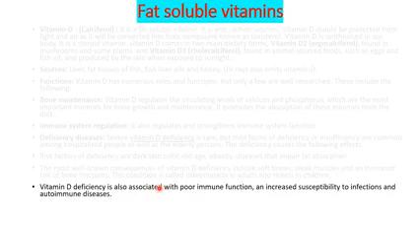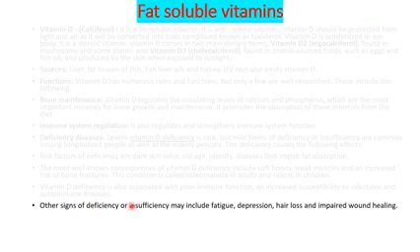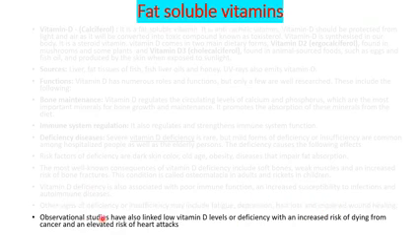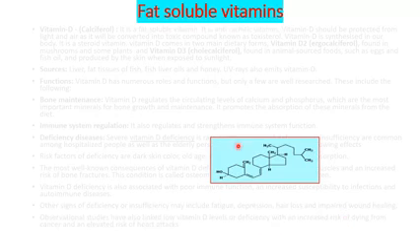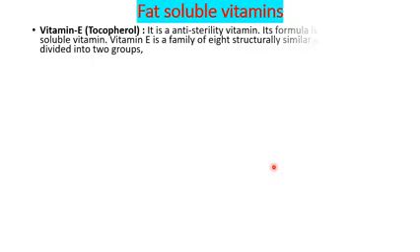Vitamin D deficiency is also associated with poor immune function and increased susceptibility to infection and autoimmune diseases. Other signs of deficiency or insufficiency may include fatigue, depression, hair loss, and impaired wound healing. Observational studies have also linked low vitamin D levels or deficiency with an increased risk of dying from cancer and elevated risk of heart attack. Okay, these are some of the diseases of vitamin D, and the structure of vitamin D is shown in the figure. So you can make a note of the structure. Next one is vitamin E,